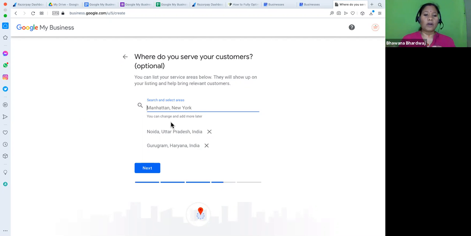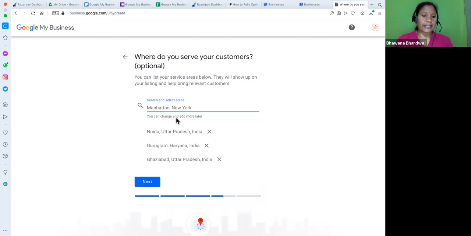So where will be the less competition? If I'm competing with the Noida people, or with the UP people, or with the India people, or with the global people. So when you are just getting started, I would suggest starting with one location. You can start with one location, or if you're okay to provide all the services, you can keep this option blank. So here I am keeping this for Ghaziabad.